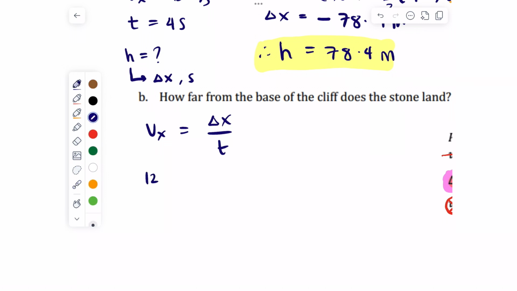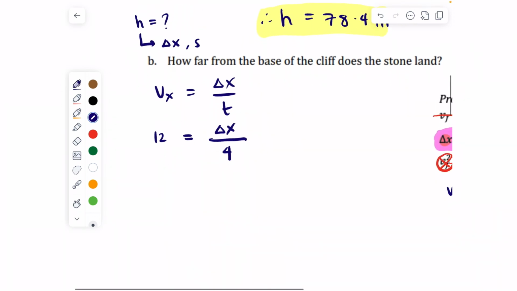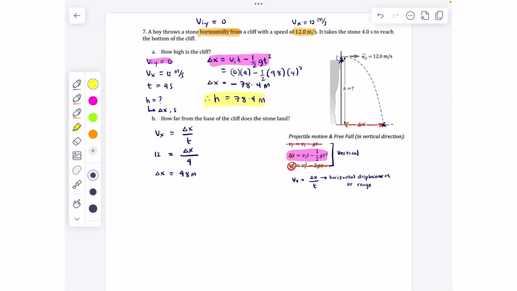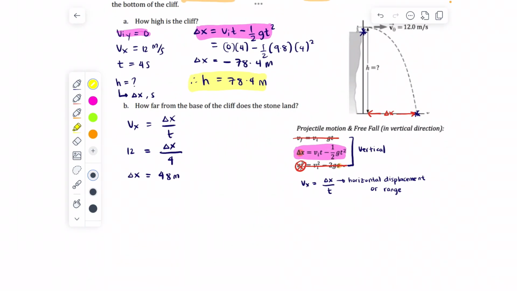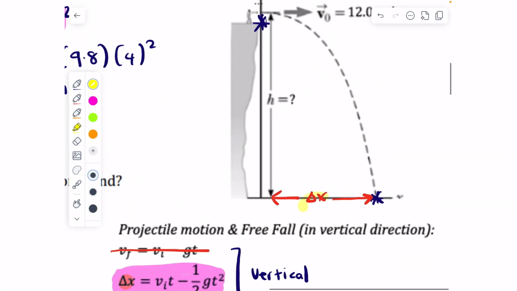So 12 meters per second is equal to delta x, which is what we need to solve for, divided by the time it takes for the projectile to land, which is 4 seconds. Put these values in your calculator. You will have that your delta x is equal to 48 meters. So therefore, it will land 48 meters from the base of the cliff. So this distance right here is 48